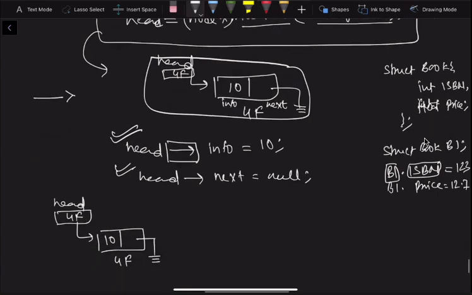what will happen? It will create a new node and head will point to this, and let's say the address of this is 4e. So head will have 4e and this will get removed from here. So the address of this node is permanently lost. But what we wanted to have is, we wanted to add the two nodes and we have lost the address.